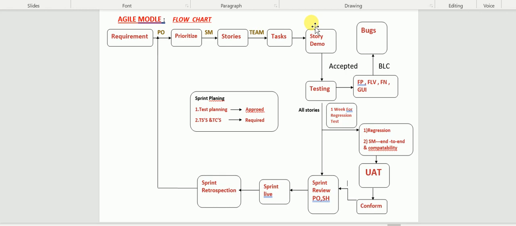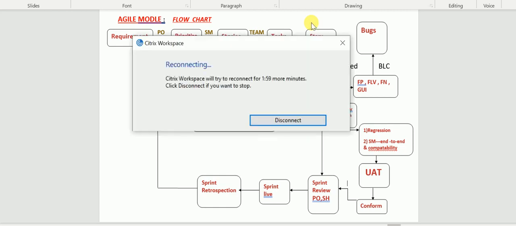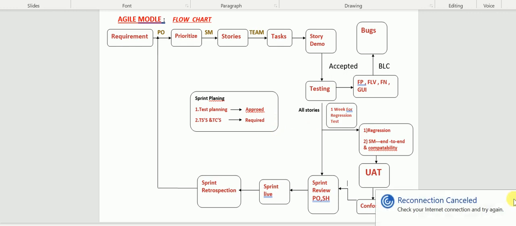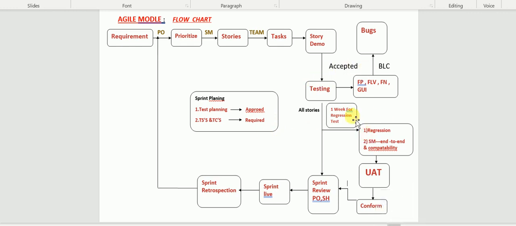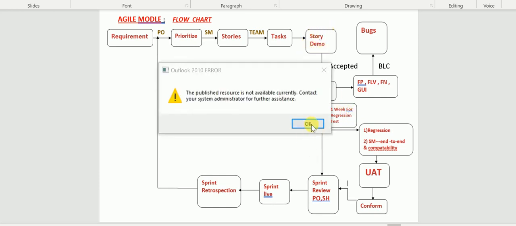In this story demo, as I told you, the development team will give a demo to the testing team. Based on that, the testing team will decide what to cover, and what they have covered in that functionality of the story. If it is working fine, then the testing team will accept that story. Otherwise, they will not accept it for major testing. So the story demo is an ONM. So in that ONM,